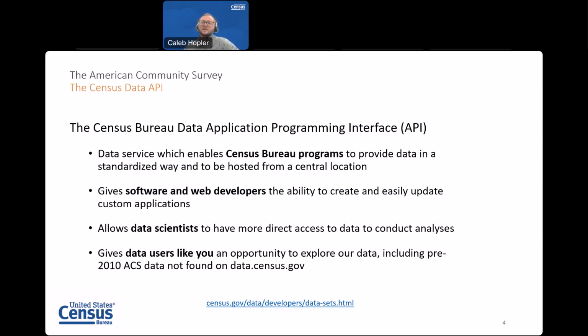It also gives data users like you an opportunity to explore our data, including older ACS data that's not found on data.census.gov. An API is built and conducted through the URL when you're making an API call, and this is done in your web browser. There are many different data sets within the Census Bureau API. We'll be focusing on the ACS data set today, but you can find more information about the full Census Bureau data sets in the API in the link at the bottom of this screen.